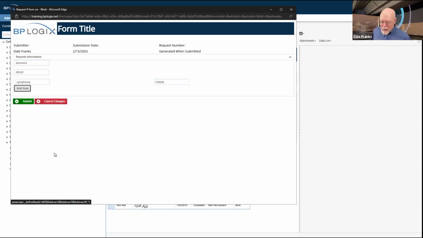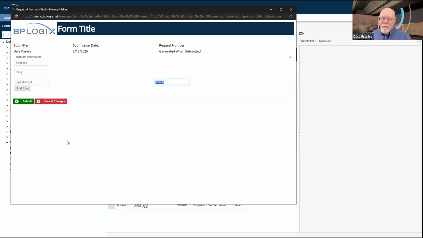Now what's happening here is that I have events that occur whenever I change the values of these form fields. When an event occurs, the form has to be redisplayed. So the form is going to reload. It's going to happen in your browser. It's going to be super fast, and your user's probably not going to see it. But what they are going to notice is that if they make a change, they're back up at the top of the form, and they're going to have to tab up from the top, which if you only have 4 fields on the form is not that big of a deal.